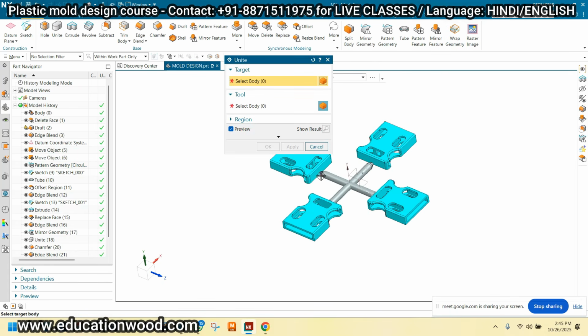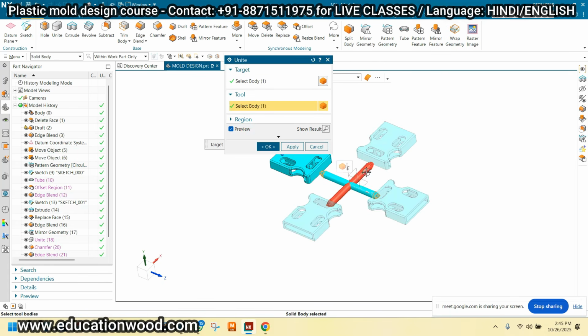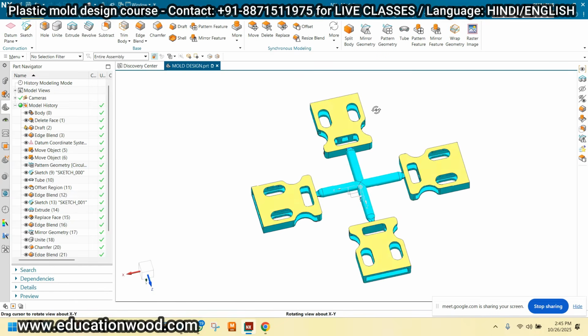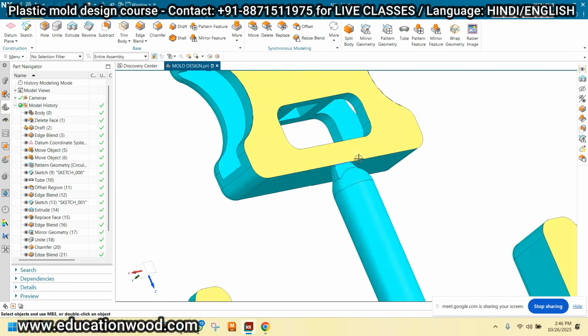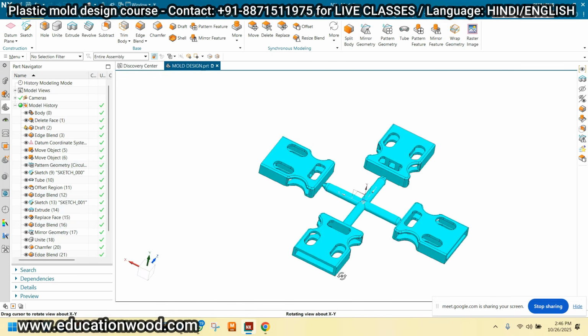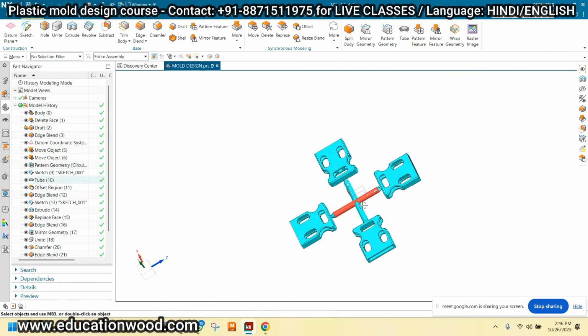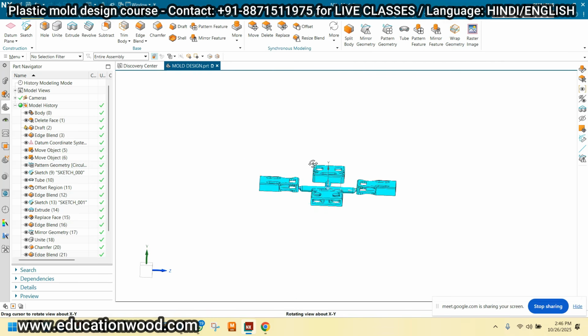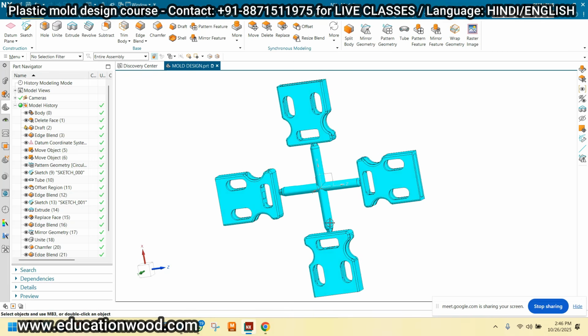And just unite this, unite this, and click OK. See. So we have prepared the complete layout, a multi-cavity layout. Now we are ready for preparing the core and cavity.